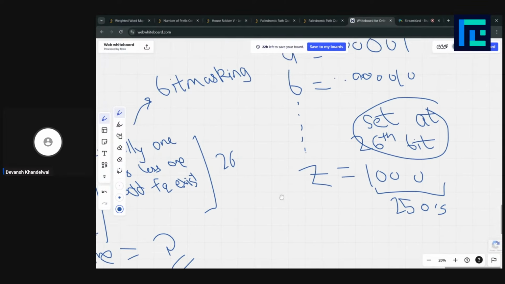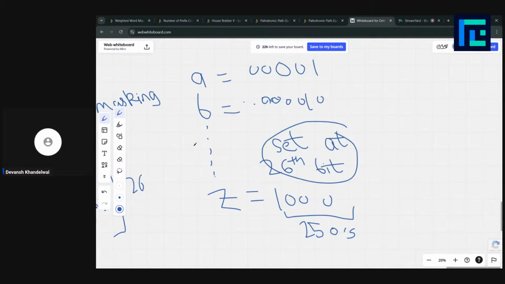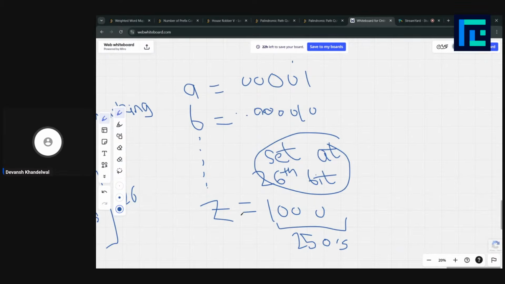What if you use bit masking? How is bit masking useful?